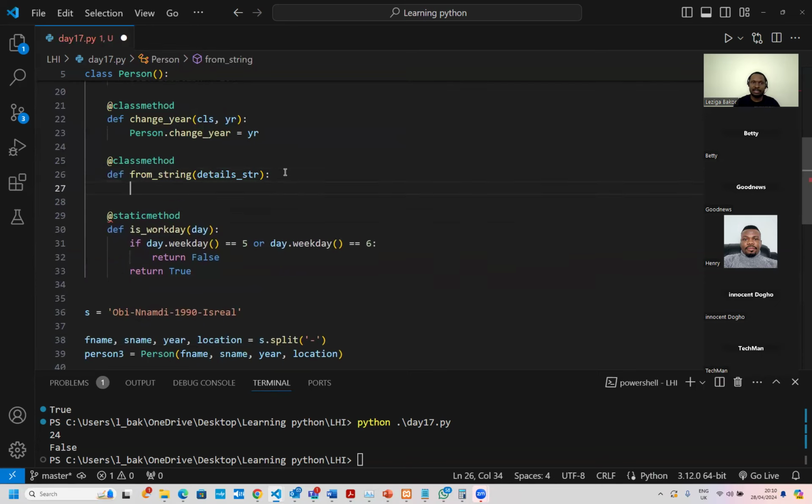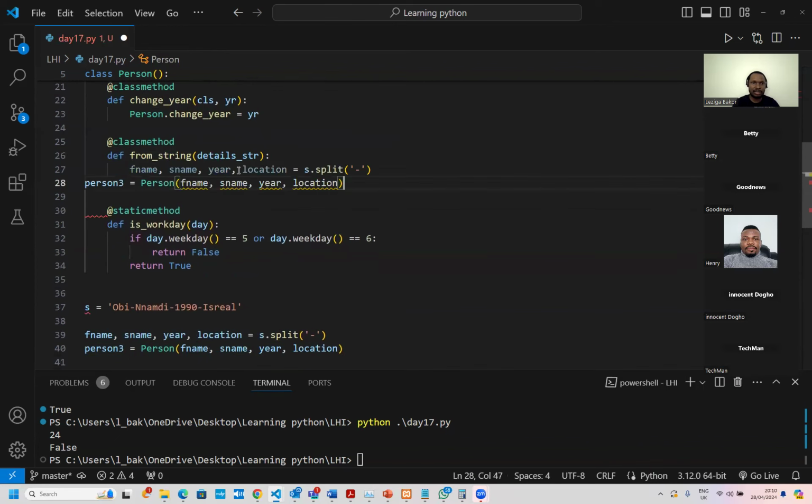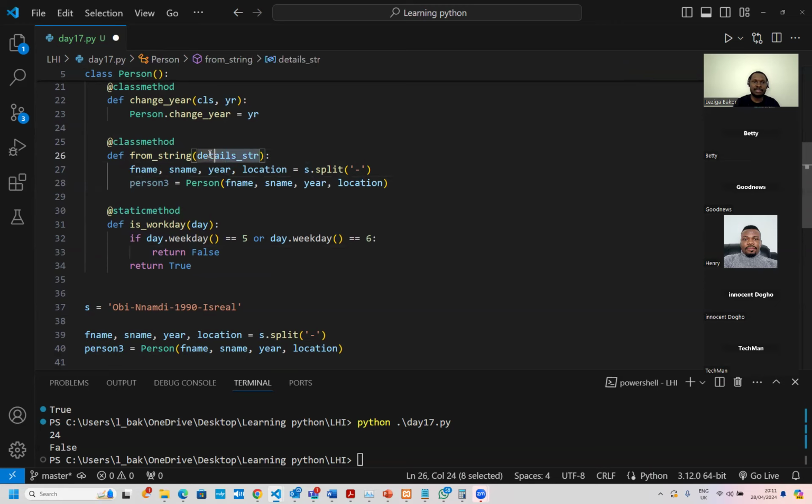So I'm going to pass it in here and perform all of this in this method. So here now, instead of splitting s, I'm going to split these details here. So now